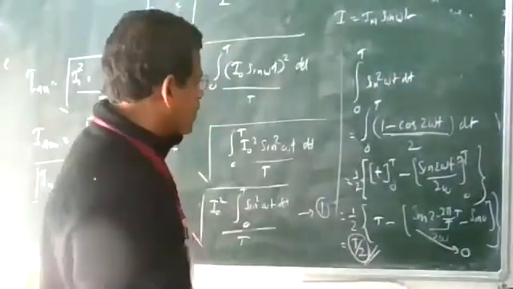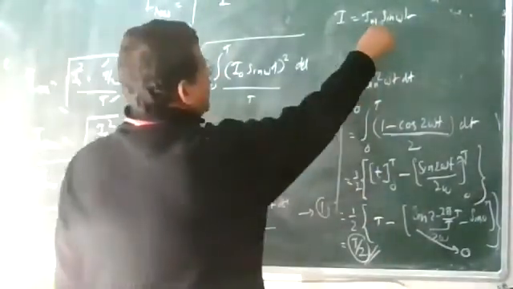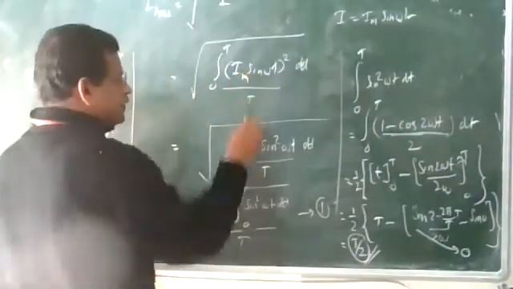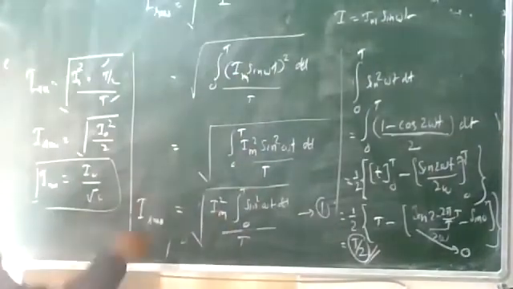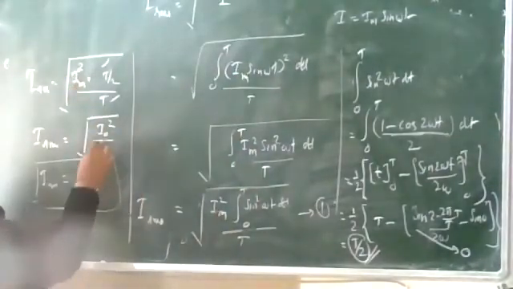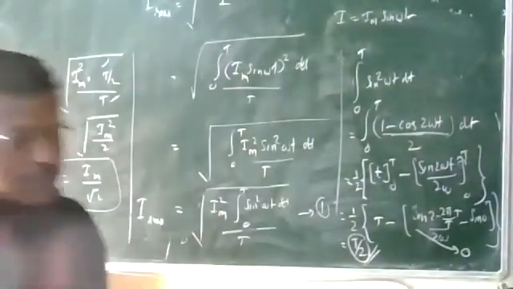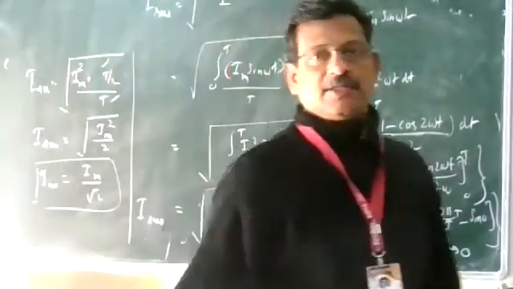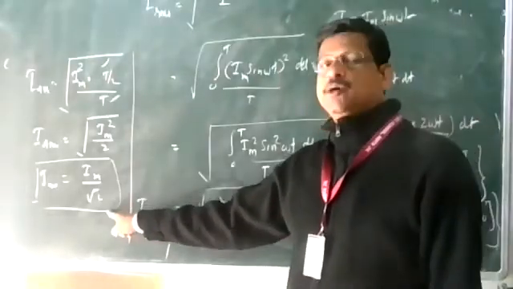I naught or I M, use the system which is comfortable to you. You can use I equal to I M, whichever is convenient. I am using the I M value here. NCERT uses I M, so you can write I M by root 2. In many books I naught is also written, no problem. So I RMS is equal to the maximum value divided by root 2.